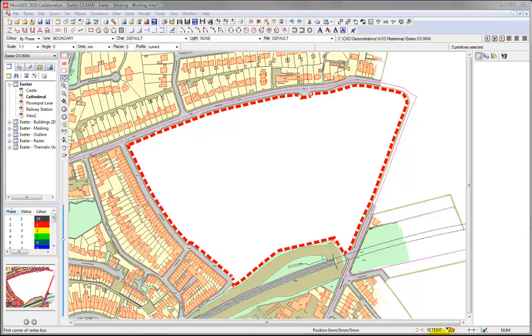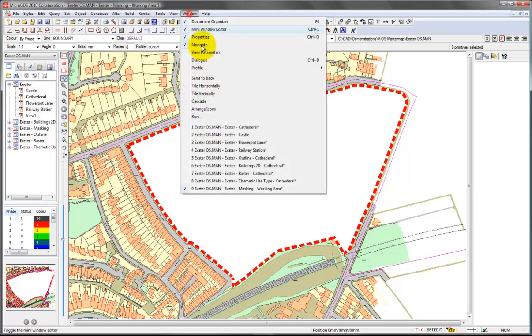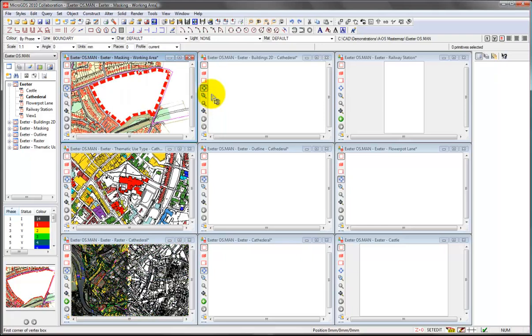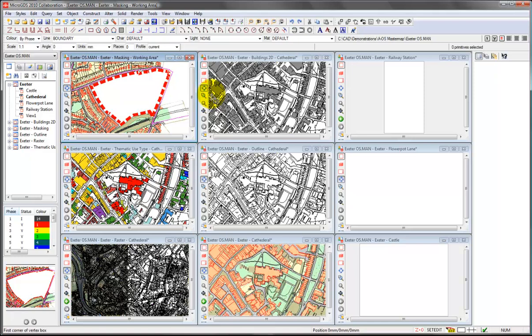You can have multiple sets of information open at the same time, either from the same drawing file or project, or from multiple projects if you want to coordinate information across projects, for example. If we look at our window menu, we can see that all of the views that we've been working with are open here, and we can arrange those. Let's just tile those so we can see them on screen simultaneously